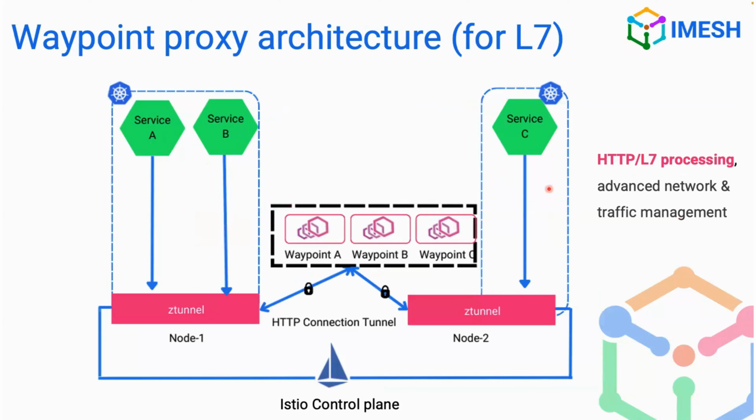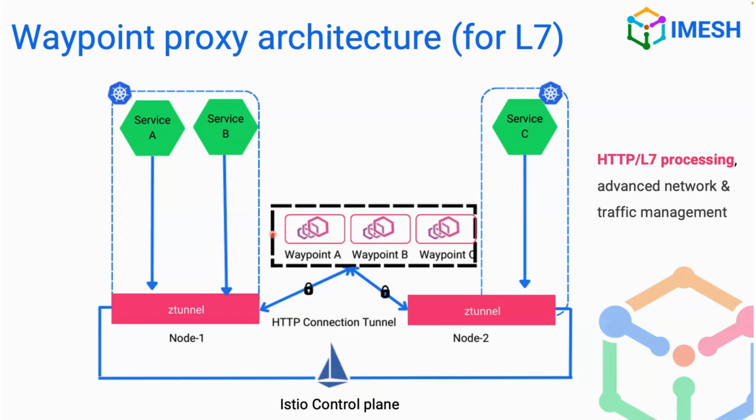Waypoint. The waypoint is needed only when we need L7 processing. Any higher level of processing, like authorization at method level or route level, or any further advanced processing, then only L7 is needed, which is achieved by another component, the waypoint proxy. So when we introduce a waypoint proxy, here we can see, if service A wants to communicate with service C, and if waypoint is enabled,